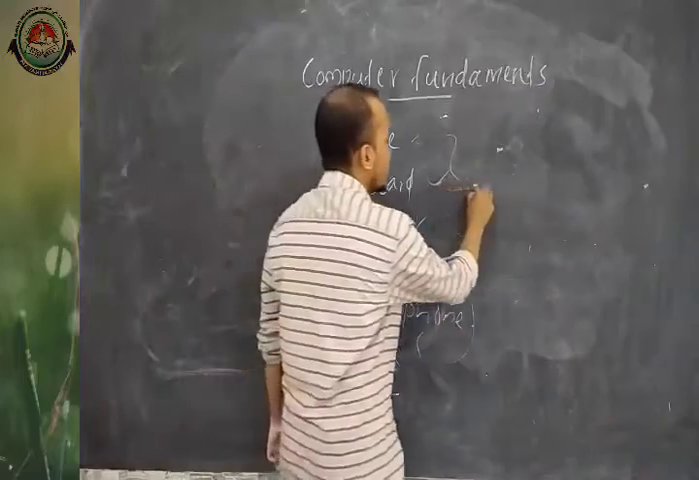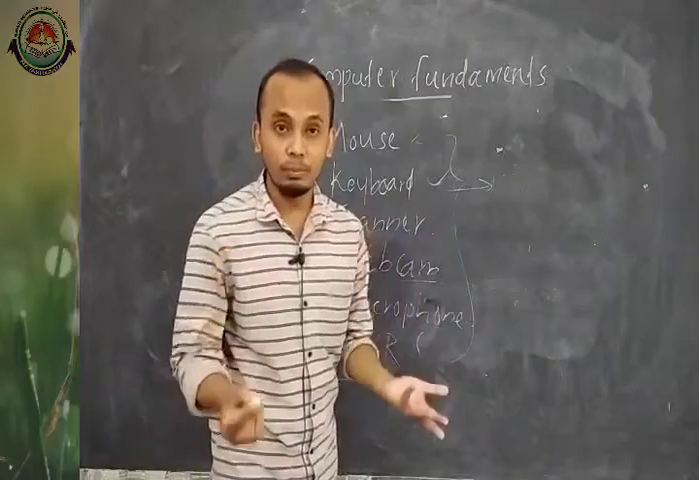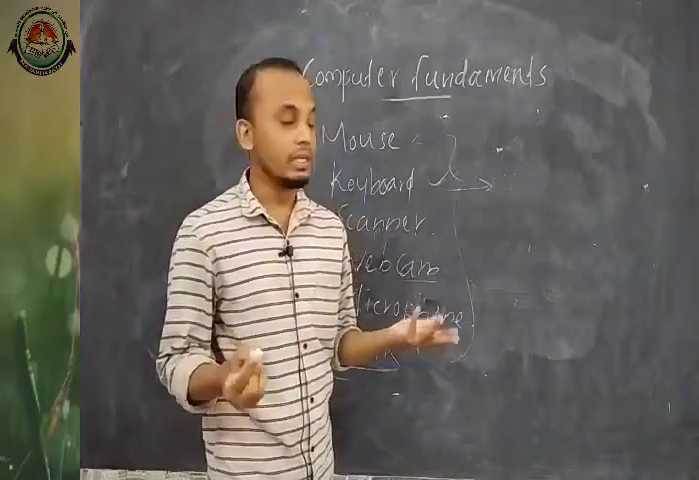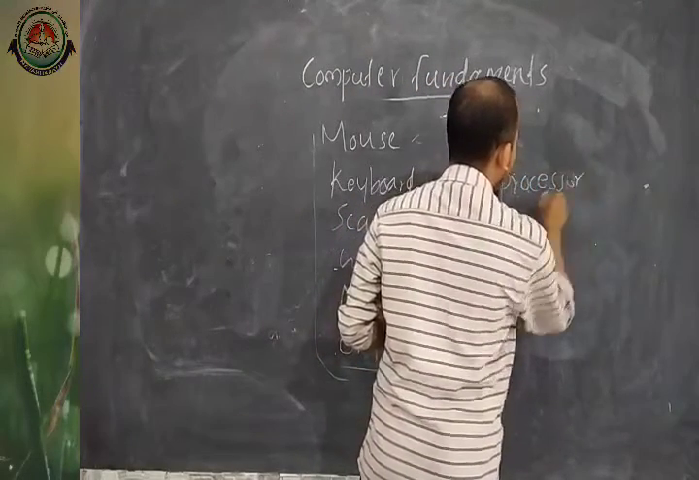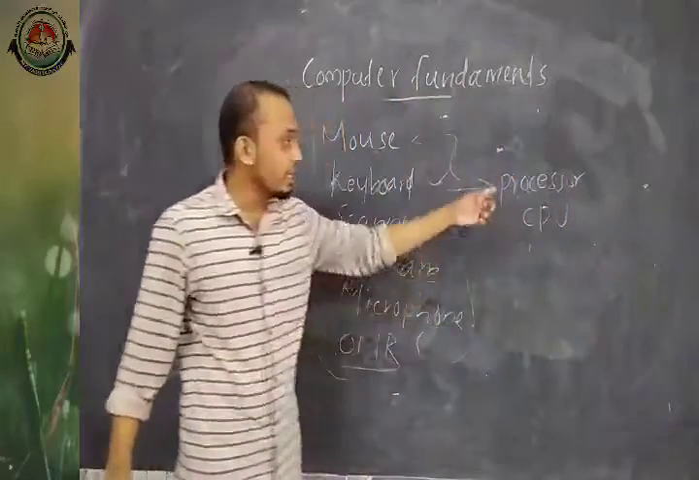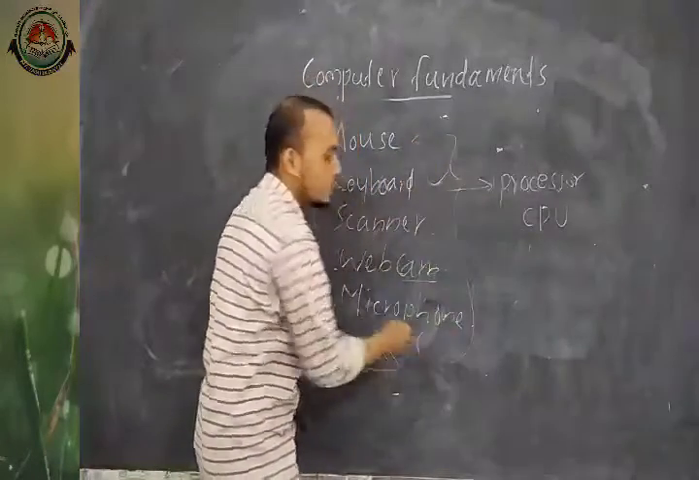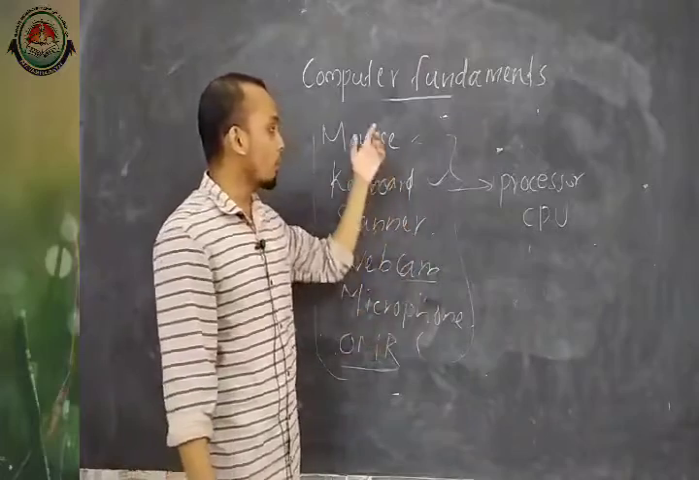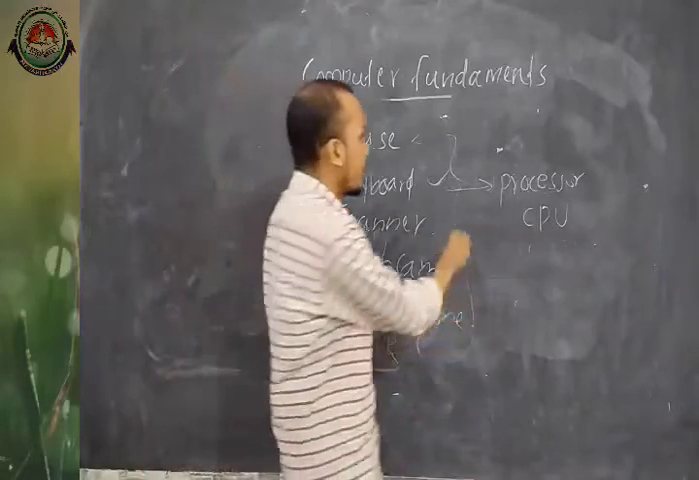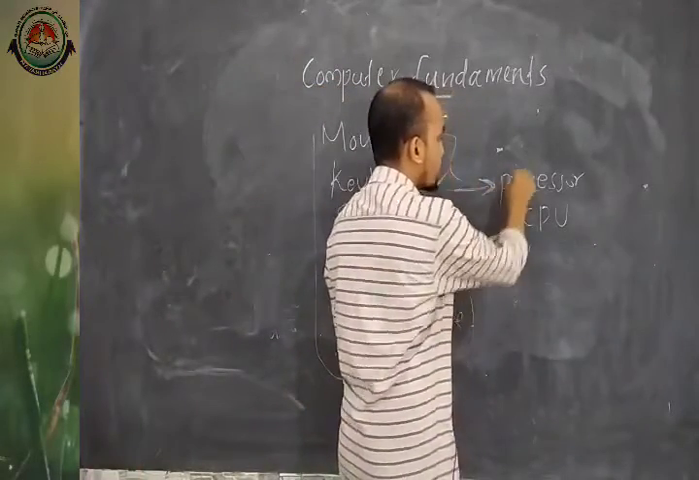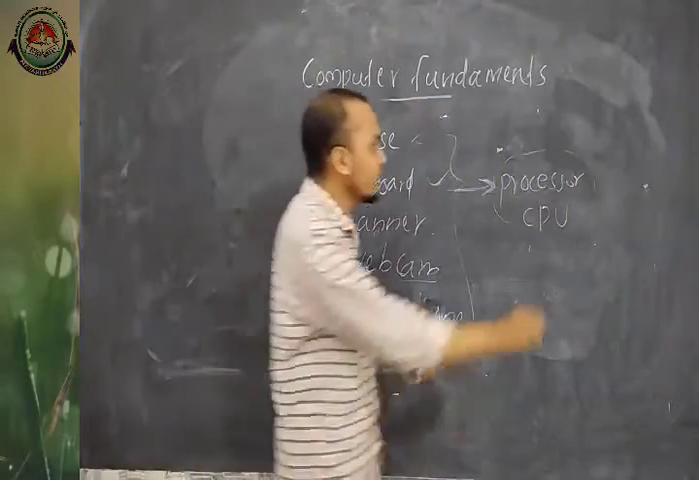Then after giving instruction to computer, what is the next step? What is the next process? These instructions will be processed with the help of processor or CPU. This is the second stage. First stage, we can give instruction with the help of input devices like mouse, keyboard, scanner, etc. Then after getting these instructions, processor or CPU will process those instructions, and finally